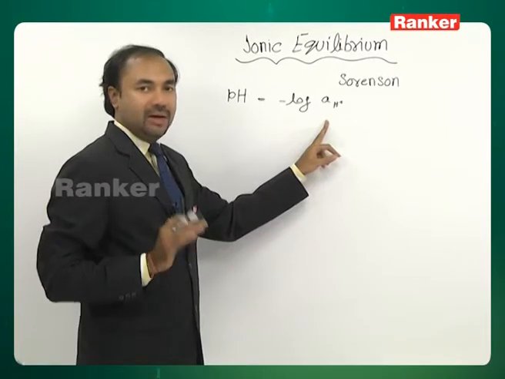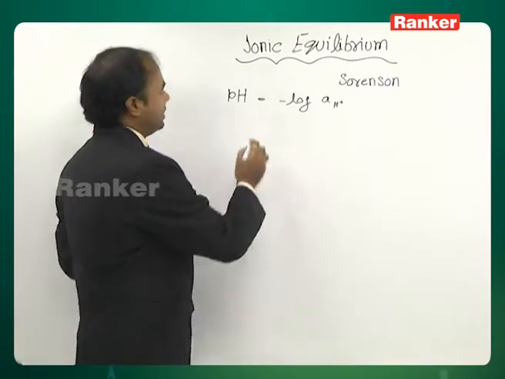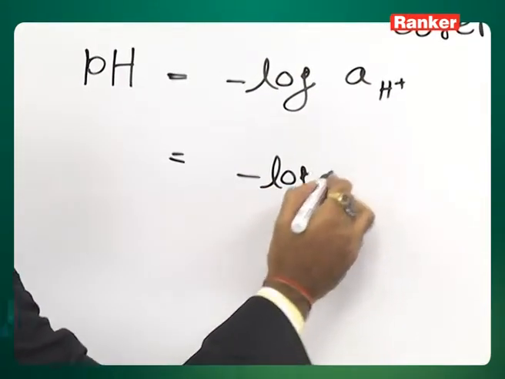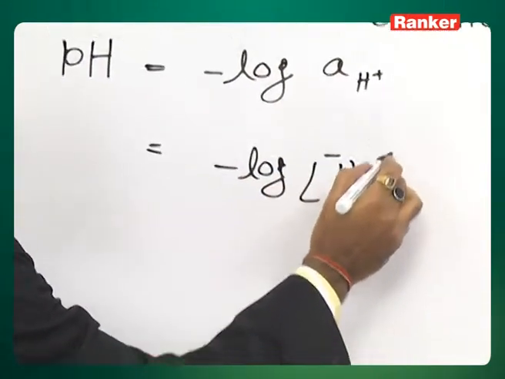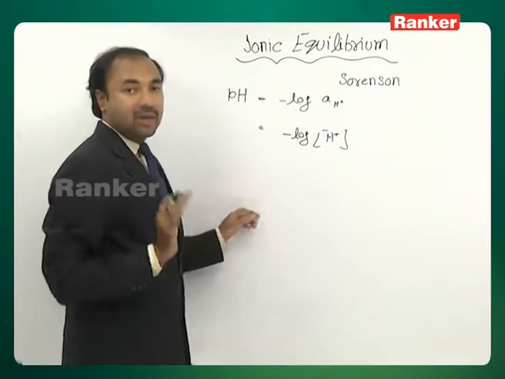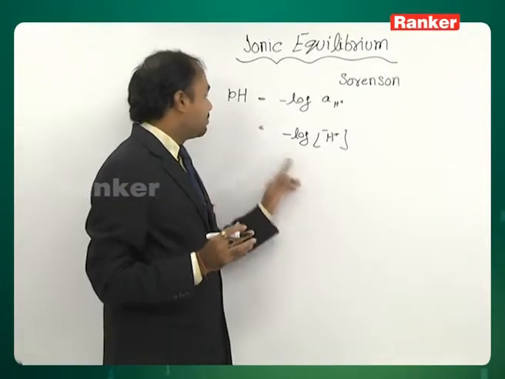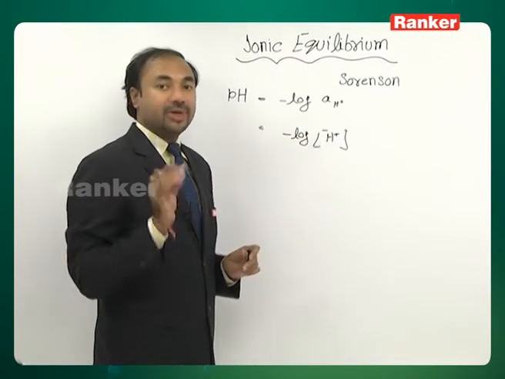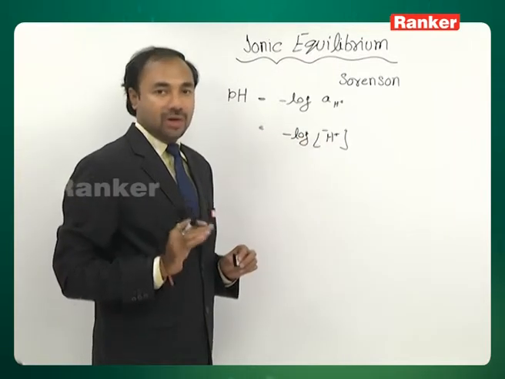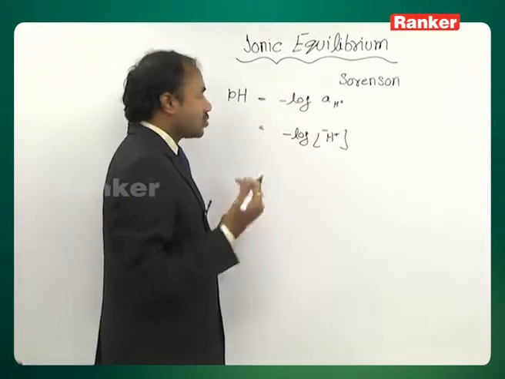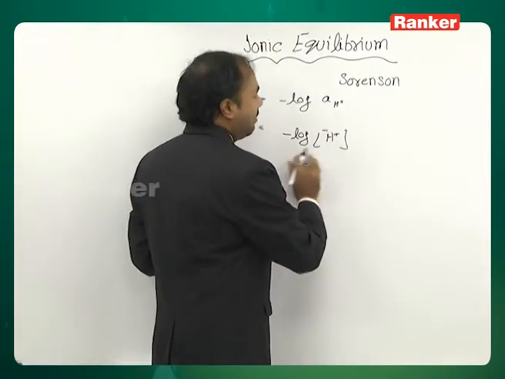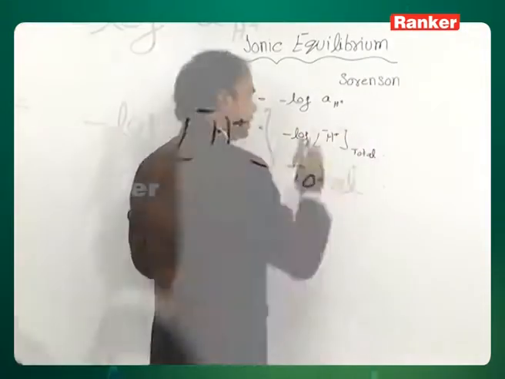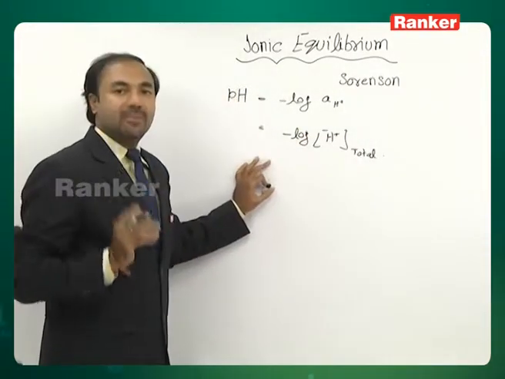So, this formula under normal conditions changes to pH equal to minus log of H+ ion concentration of a solution. And remember, once we are talking pH of a particular solution, then this H+ ion concentration has to be the total H+ ion concentration present in the solution. So, better we write here itself minus log of H+ ion concentration total, right. We start with one small example here.